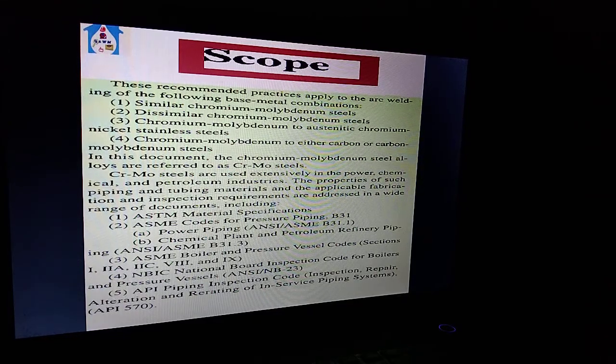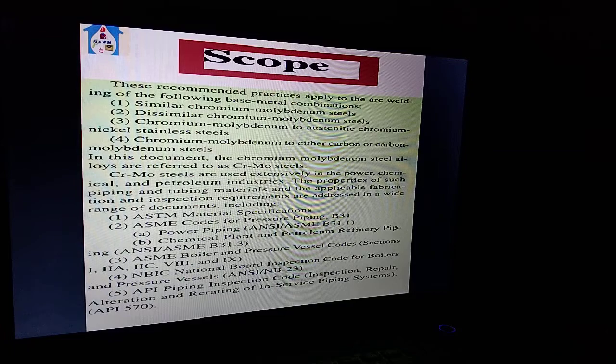In the document, the chromium-molybdenum alloy steels are referred to as CrMo steel. CrMo steels are used extensively in the power, chemical and petrochemical industry. The properties of such piping and tubing material and the applicable fabrication and inspection requirements are addressed in a wide range of documents, including